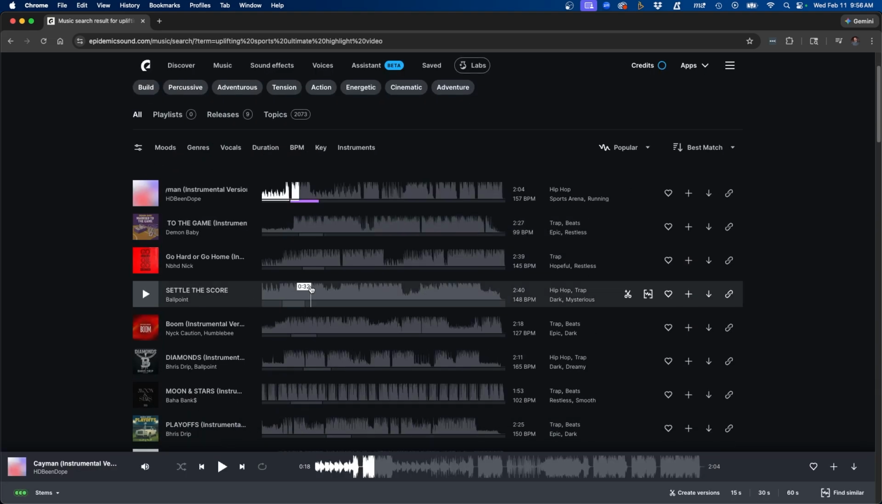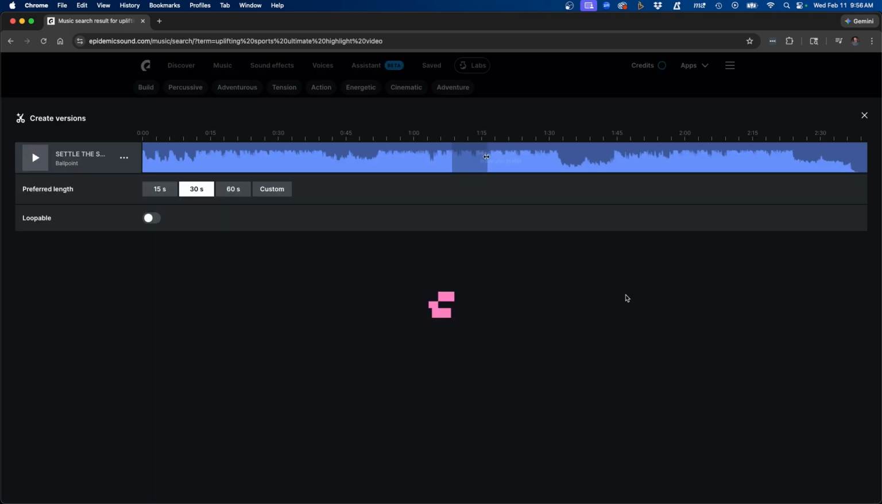Now let's say you're browsing songs, and you like this song, but you want maybe a 30-second version of it. Epidemic Sound makes it very easy to trim down full-length songs. You can click on this button here to create versions. And you can see that you can actually set the duration to different time intervals, some popular ones including 15, 30, and 60 seconds, or you can also type in a custom duration here if you need it to be